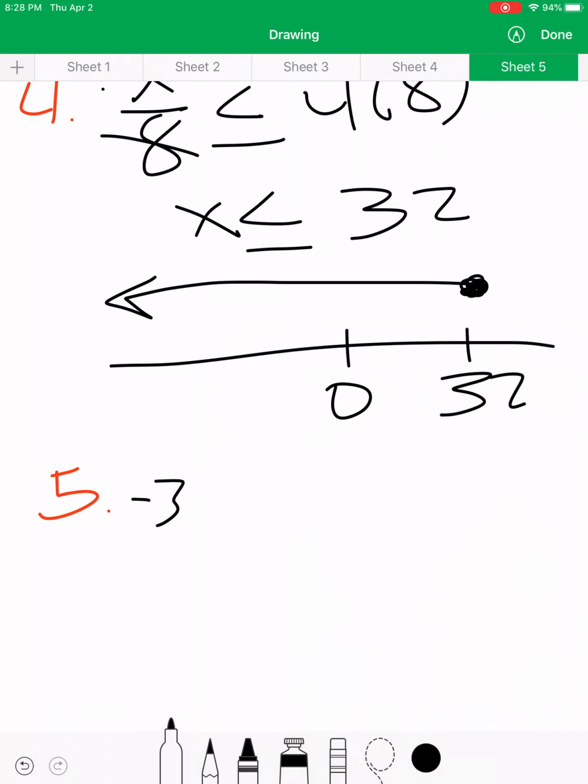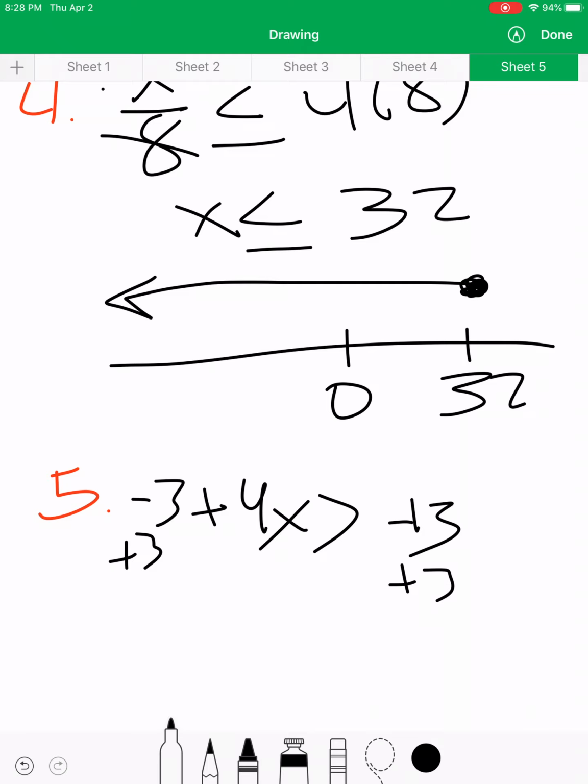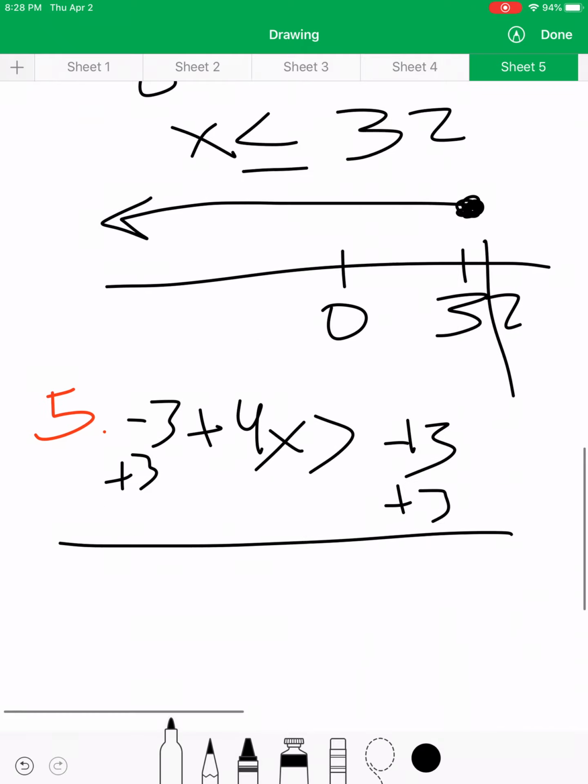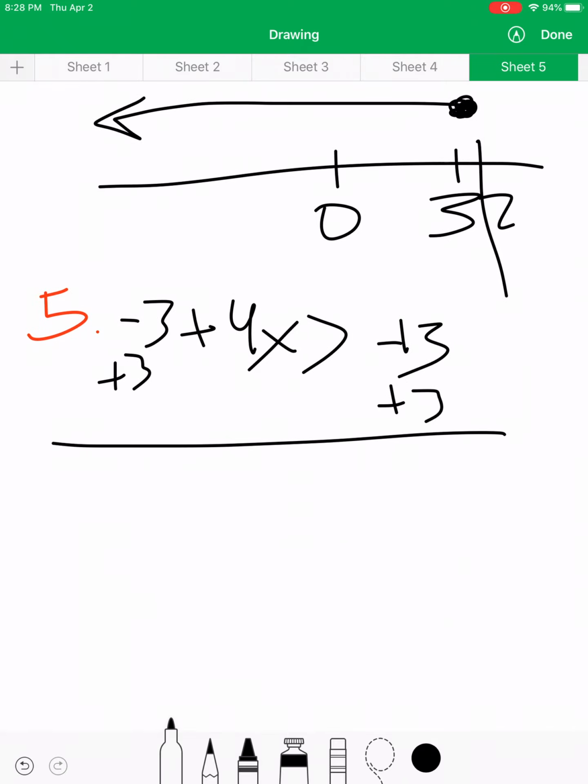Negative 3 plus 4x is greater than negative 13. All right, so now we have a two-step equation. Move the number without the variable first by performing the opposite operation. So this is a negative 3. Only way to get rid of a negative 3, add 3, add 3. Now, excuse my messy writing. This is a negative 13 on the far right. So it's 4x is greater than negative 13 plus,